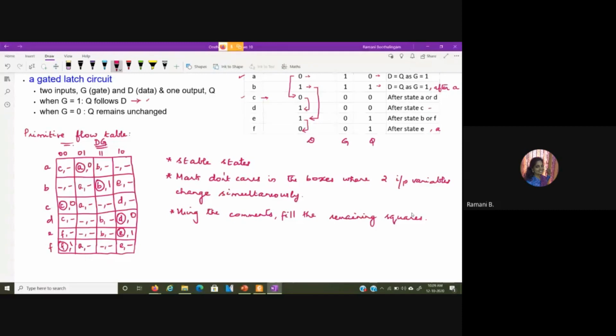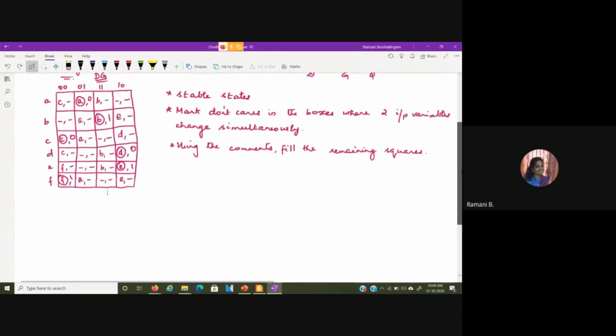So this is how we do the primitive flow table. I was mentioning that you will be given some relaxation with respect to this. What we decided was that if we are asking you to design the circuit, we will directly give you the primitive flow table. But it is always good for you to go through the procedure. It will take some time for the understanding to come, so you have to spend time and do this table relaxedly.